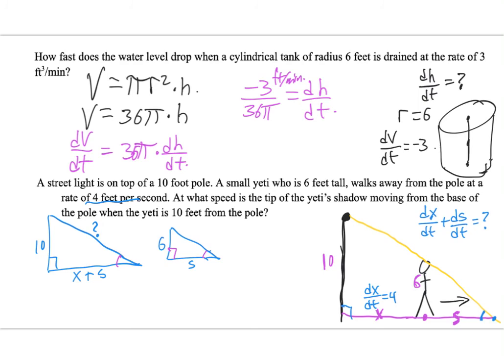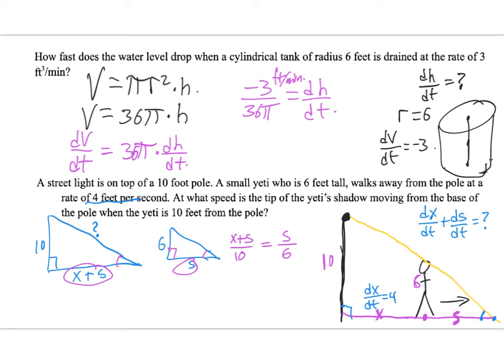And I can set up a proportion that might look something like this. I'm going to go with (x plus s) over 10 is equal to s over 6. The reason I chose to set this up this way is to avoid doing a quotient rule dividing those two. I think that's a little bit easier for us to process. Okay,